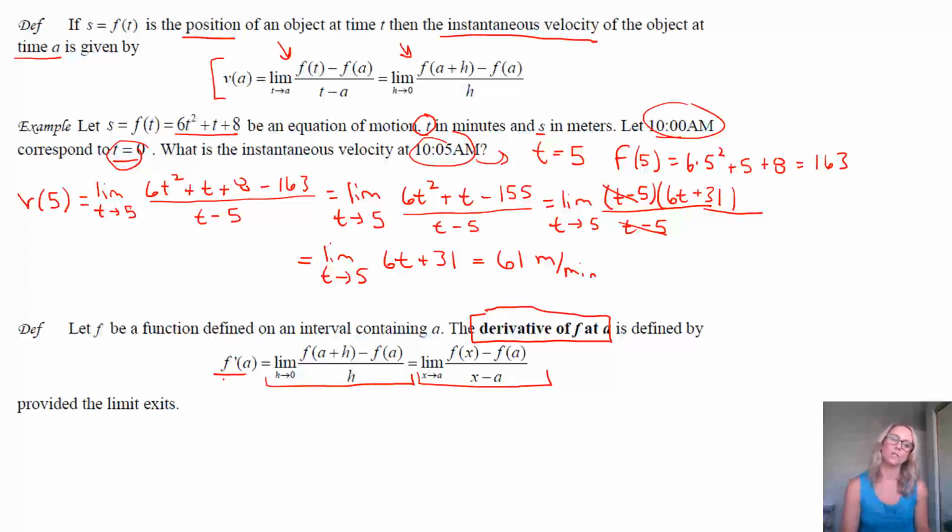This is the notation. We say f prime, that's just quotes, f prime of a. That's how we read that, f prime of a. And it's, by definition, the derivative of a function at a point, meaning the slope of the line that is tangent to that function at that point. All the ways to say that, and that is the definition of it as long as the limit exists. Because it's a limit, it has to exist.